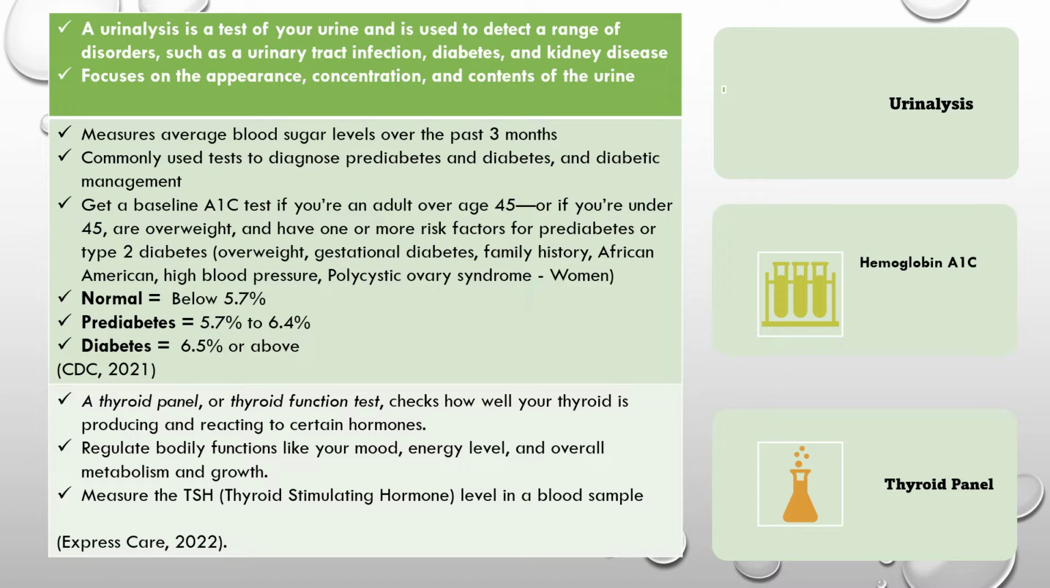45 years old, or if you're under 45 or overweight and have one or more risk factors for diabetes, such as type 2, like overweight, or gestational diabetes, which means that you had diabetes when you were pregnant, a family history of diabetes, African American, if you have high blood pressure, or polycystic ovarian syndrome, which is also called PCOS, and that's in women. So these are conditions that your doctor may order hemoglobin A1C, and especially for those who